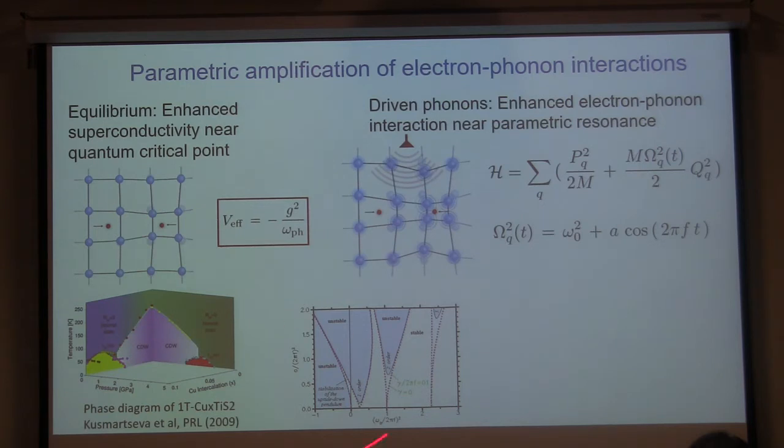So this shows us the stability phase diagram as a function of drive amplitude and the driving frequency. The idea is that if we drive sufficiently strongly, those harmonic oscillators are about to explode, and therefore if we think about how they respond to the perturbation given by the first electron, the response of such photoexcited phonons will be much more dramatic, and that's where amplification of electron-phonon interaction comes in. Or we can also think about it as softening of the phonon frequency, but now this softening arises not because we are close to the equilibrium phase transition, but because of this parametric drive.